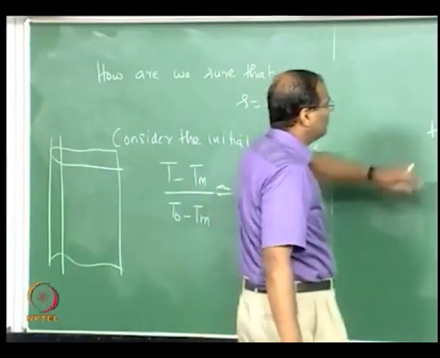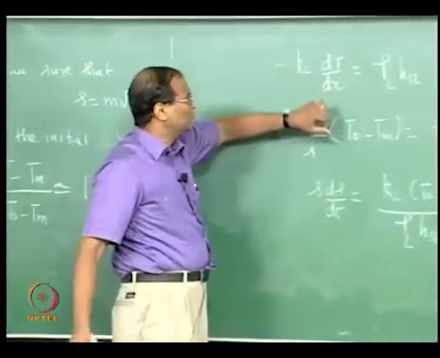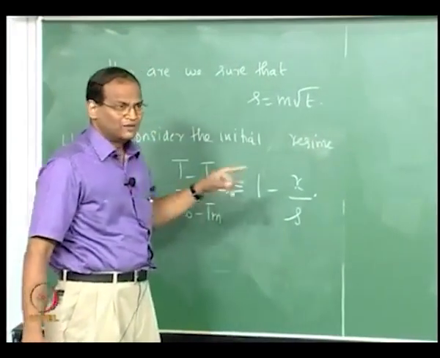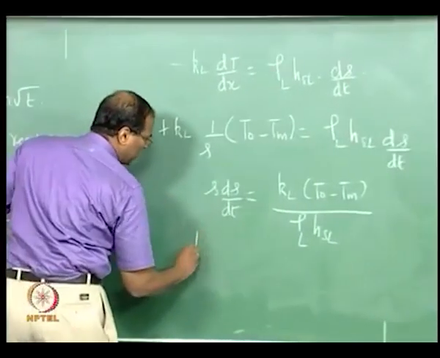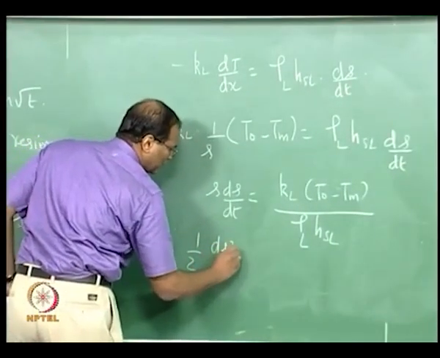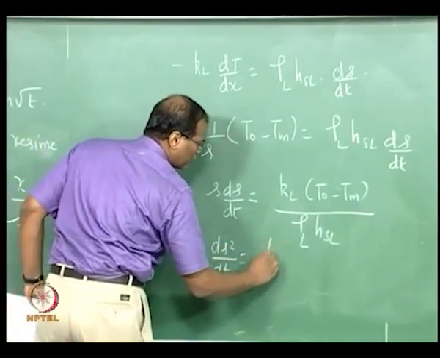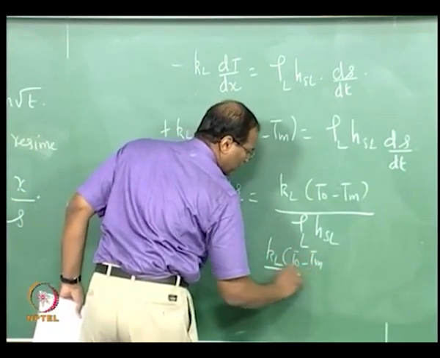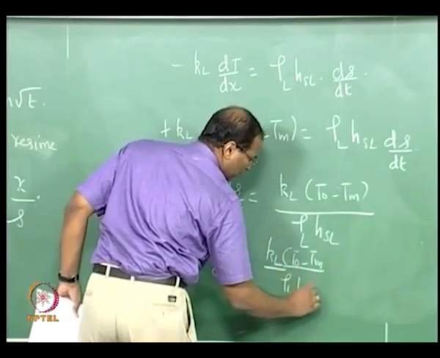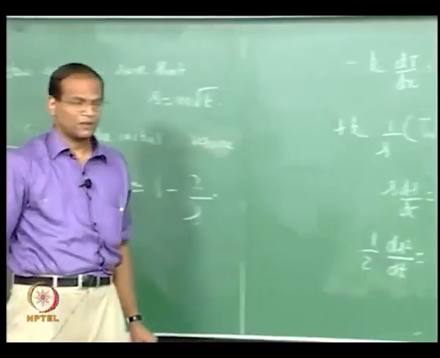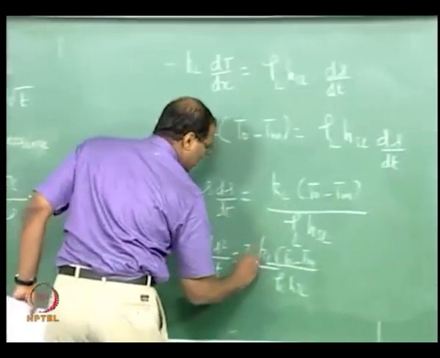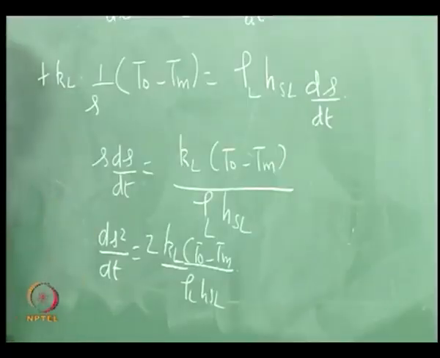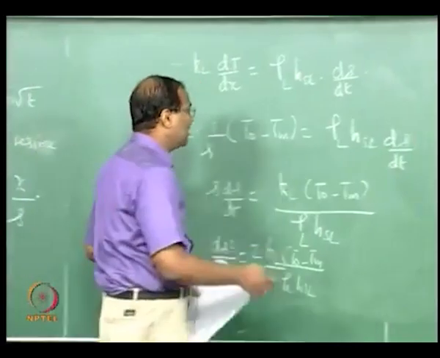No, don't give a blank look. So dT by dx I am differentiating from this temperature profile. Then now this is nothing but half of d S squared by dt. I can take this here, then I can integrate its ordinary differential equation in t. I can integrate